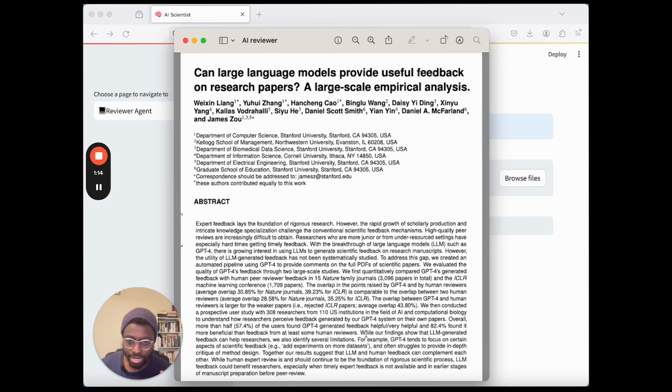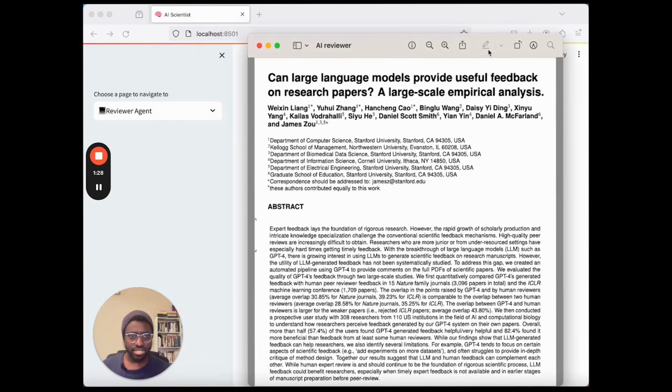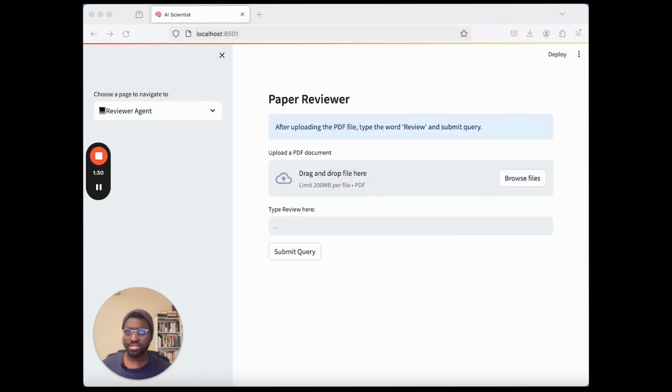And again, they made the point here that we still need human experts as the foundation of a rigorous process, but perhaps some of these can actually give you feedback when you're writing a manuscript at an early stage and things like that. So we're going to try this out, and I'm going to get one of the early drafts of